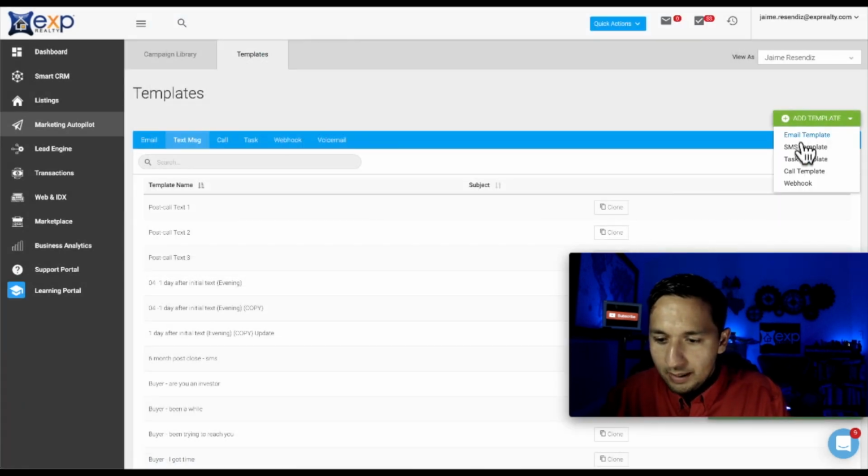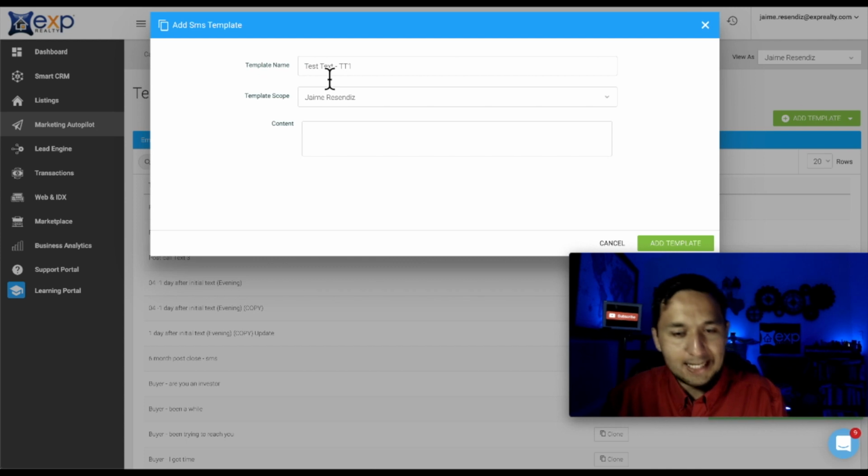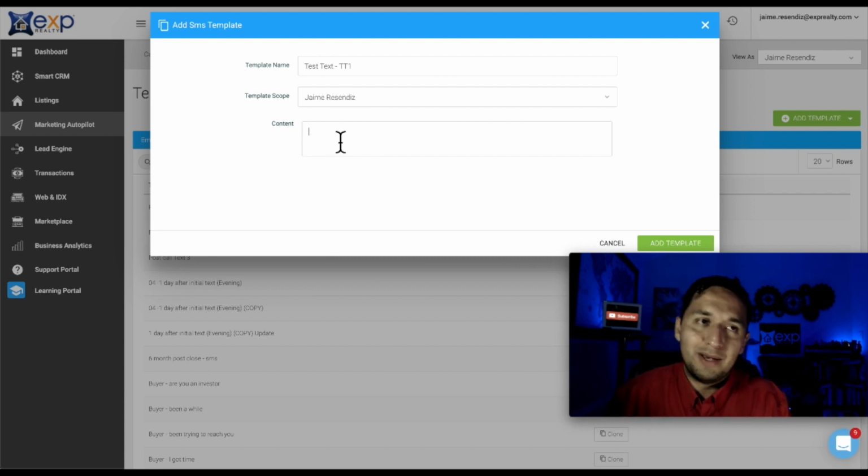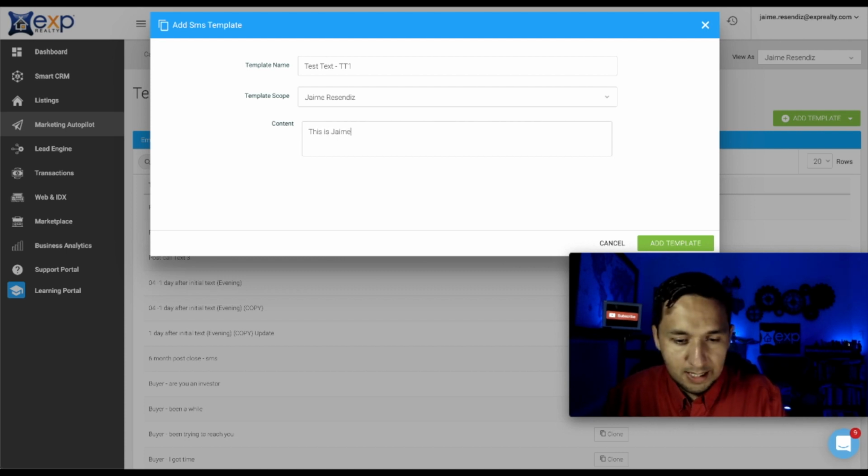And then what I'm going to do is I like sending texts consecutively the moment that they opt in. So that text is going to go out instantaneously, and then I'm going to follow it up with another text immediately, just to make it feel a little bit more personal, something that is me actually texting them and getting them into that habit of, oh, well, I'm going to be receiving communication from this agent here. So I'm going to put, this is Jaime. I'm going to say that I'm a realtor, by the way. And then I would put my cell phone number. So my cell number,